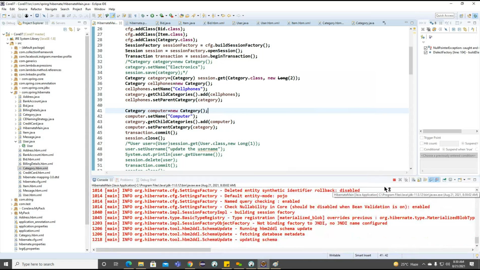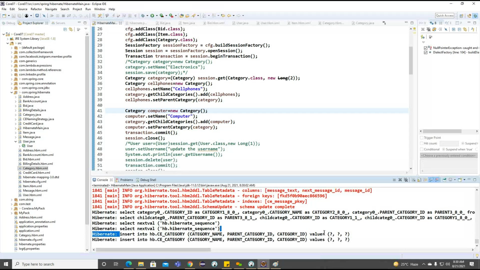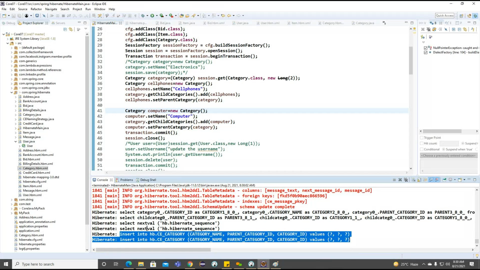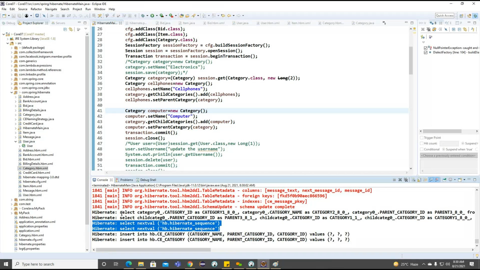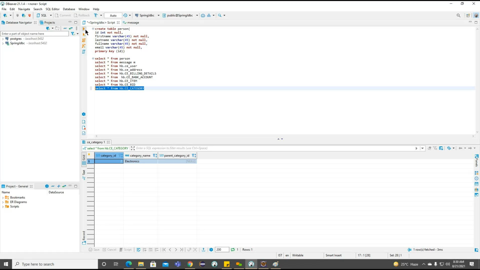Now observe here. These are the different categories we are creating here. If I run this particular application, you can see how many SQL queries are generated here. These are the two insert SQL queries, and we are also getting a sequence here. We are loading the category information. We'll try to run the same query here, the category object. Now observe the parent category we are having is electronics, and the child categories are cell phones and computer. But these two are pointing to the parent category 2. Getting the point? The parent category we are having is 2.